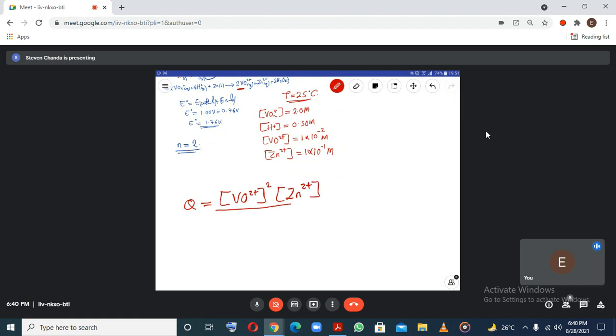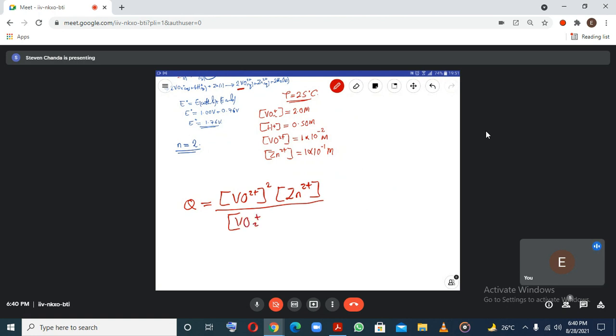Then we are done for the product. We don't put the water because water is not in aqueous solution, or it's not in an aqueous state. Then we now go to the reactants. So for the reactants, we get this,